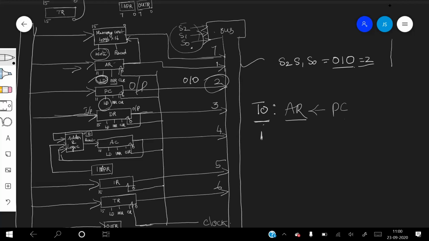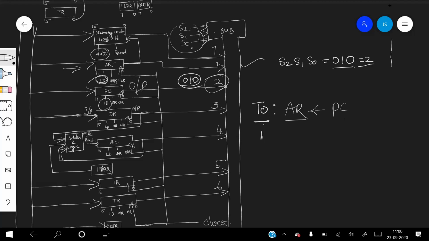This is the timing of this operation of transferring. Only when S2, S1, S0 are 0, 1, 0, the operation will not be completed. The timing is determined by the clock.